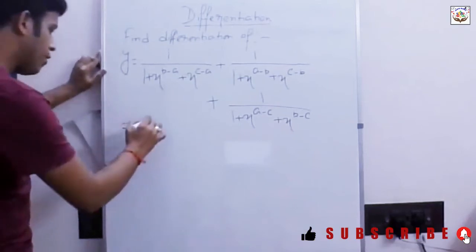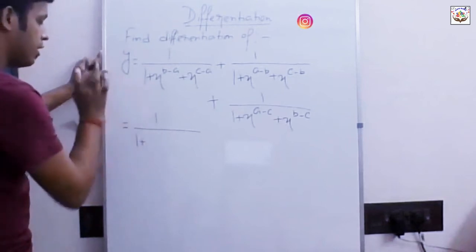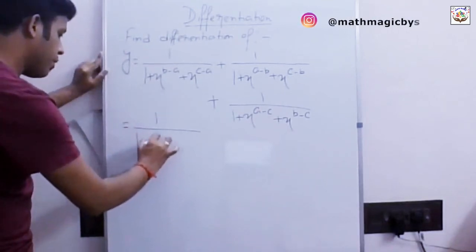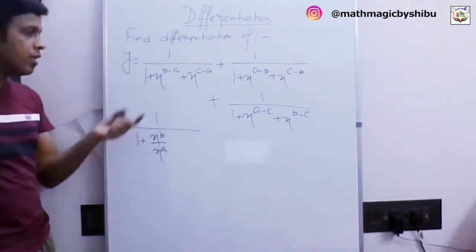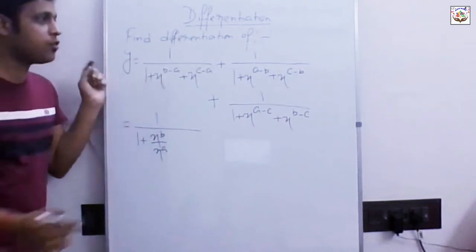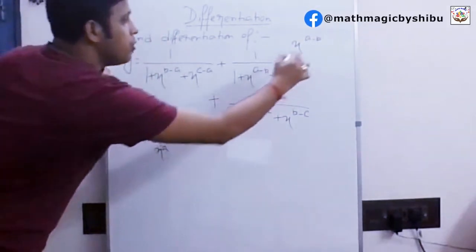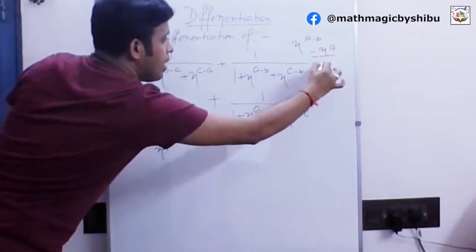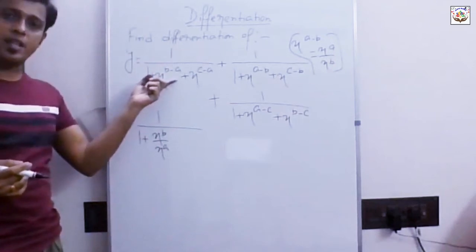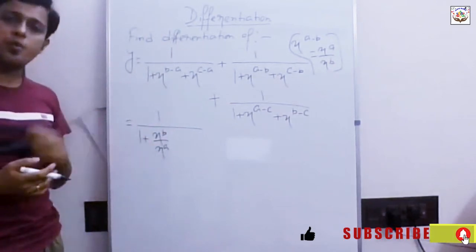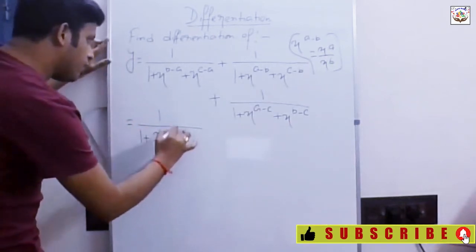Now, in simple terms, let this one be 1, and can I write x to the power b minus a as x to the power b by x to the power a? I can definitely write that by the basic formula of indices. As we know, x to the power a minus b equals x to the power a divided by x to the power b. Similarly, x to the power b minus a equals x to the power b divided by x to the power a. So applying these concepts to all of this, check what I am writing.